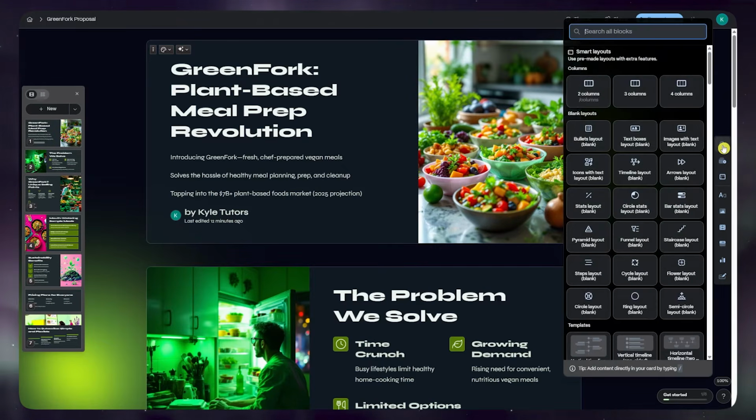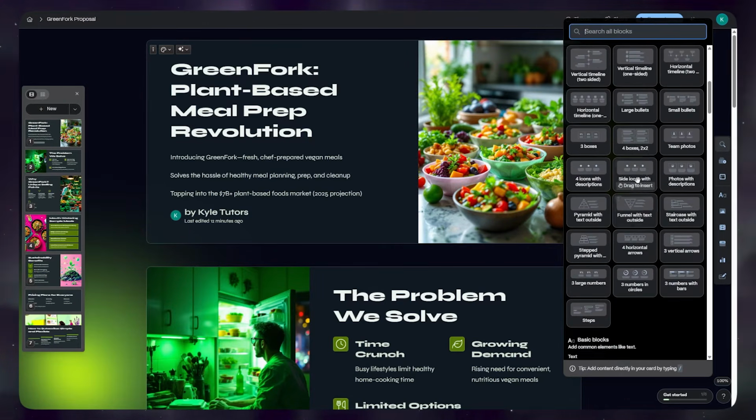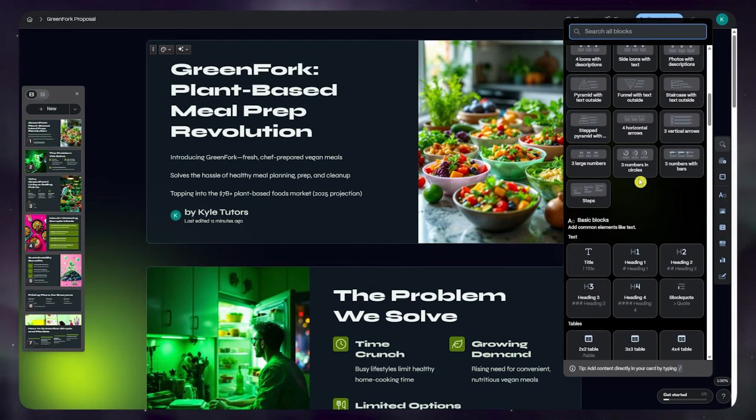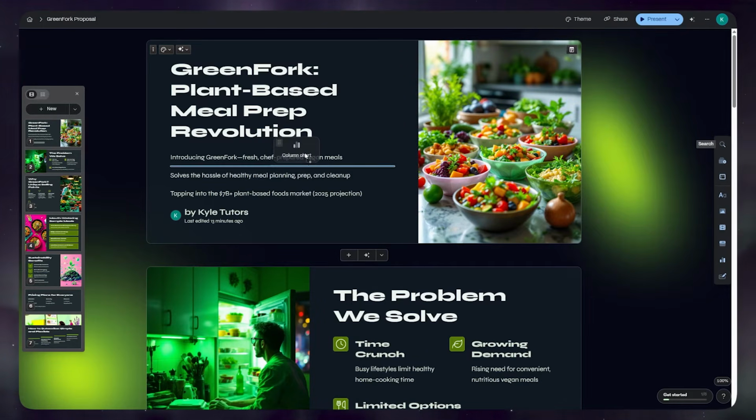So this lets you quickly find any type of block like text, image, button without scrolling through the categories. So in here, it is super handy. If you already know what you want, just type chart, form, or video and drop it in. You will now be able to see all the blocks that you will now be able to incorporate to your